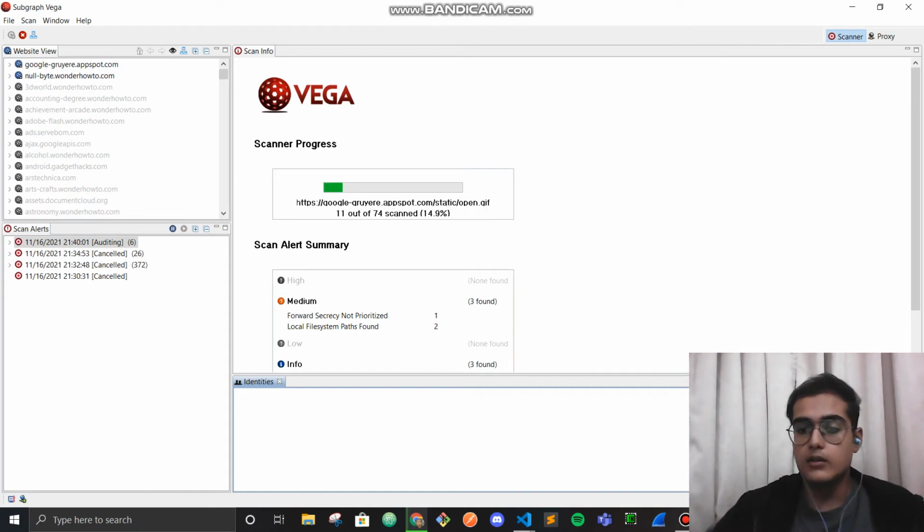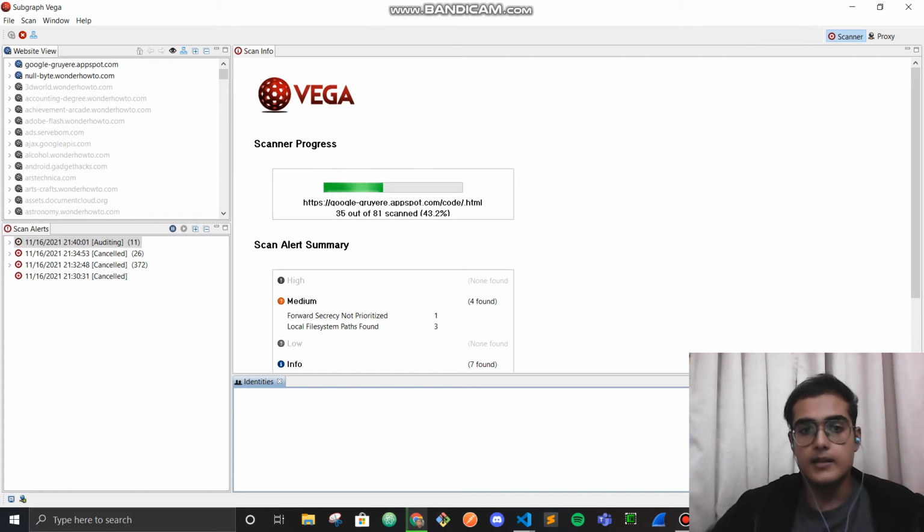So we need to install Java runtime environment first, which I have already installed in my laptop. Since I have a Java runtime environment, Vega software can run easily, and it's present for all operating systems: Windows, Mac, Linux. Now Vega also helps us identify vulnerabilities like reflected cross-site scripting, and blind SQL injection, and it also probes for TLS and SSL settings and identifies all the opportunities for improving the security of the TLS servers.